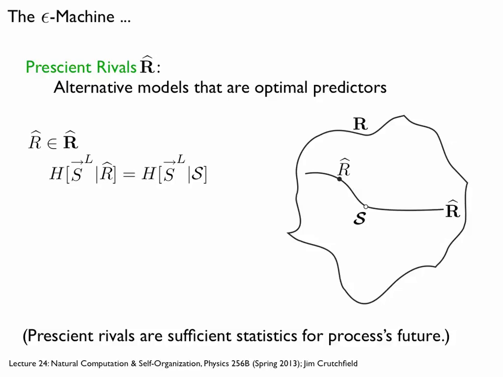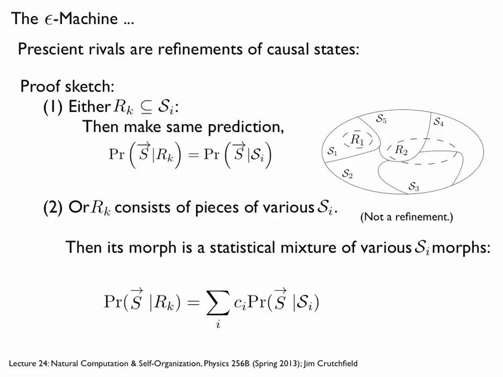Now, where we're going with this is trying to develop another optimality criterion for the causal states. We want to show that they're the smallest set that's predictive in this sense. But we need to do a little work first. So we have to go back to the space of histories and compare how rival models and the causal states partition up the space of histories. There's a little bit of internal structure here.